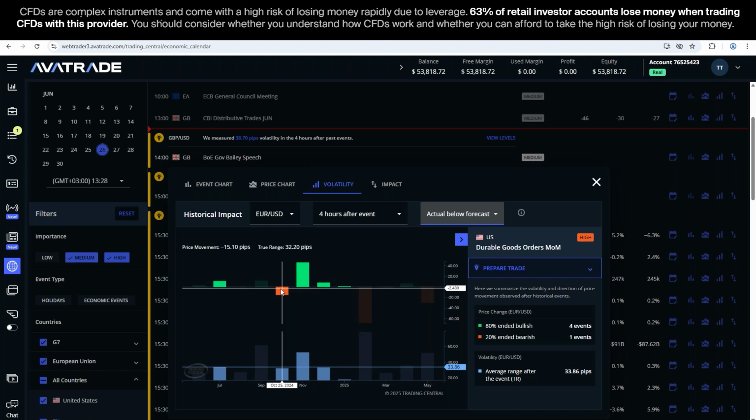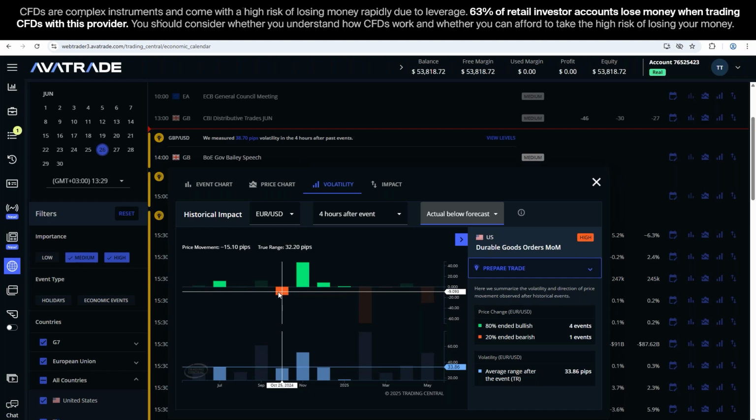There's only one that went down, and it went down a small amount. The ones that went up on average were larger because one of them went up a lot. The others went up just a little, but only one went down. So again, a general trend that in the hours after this announcement, if the durable goods orders are below forecast,